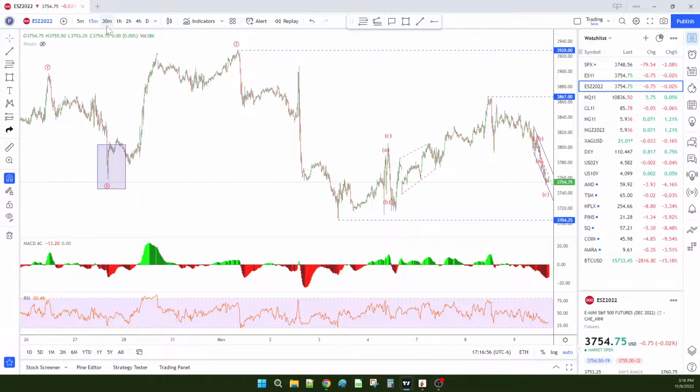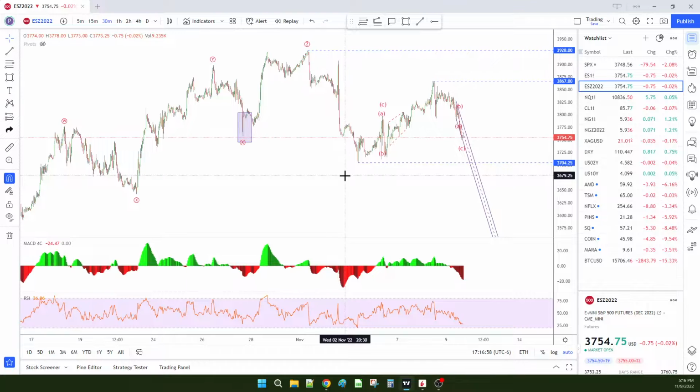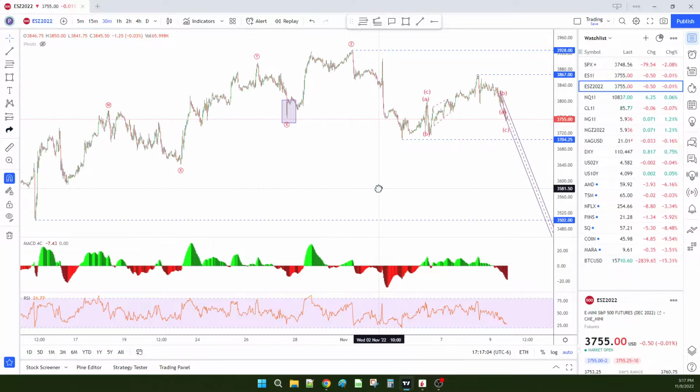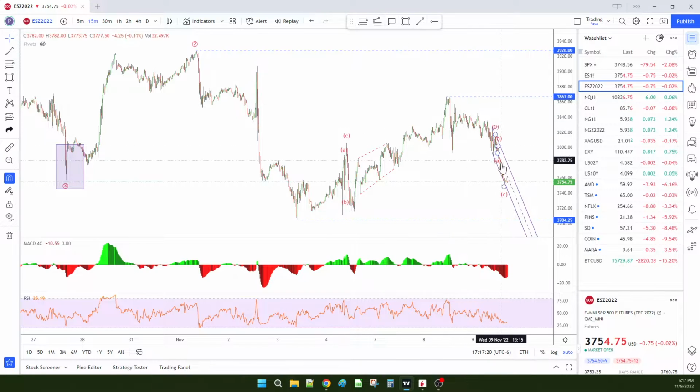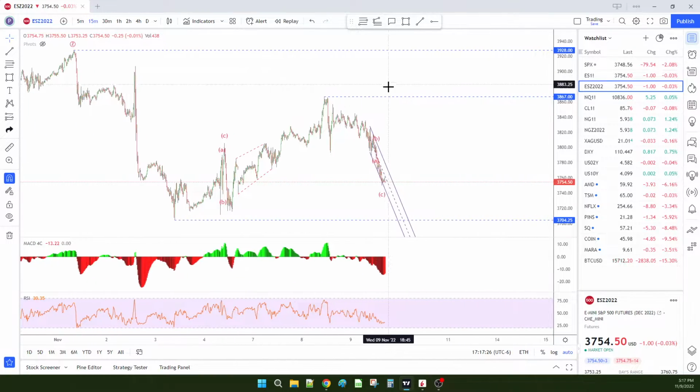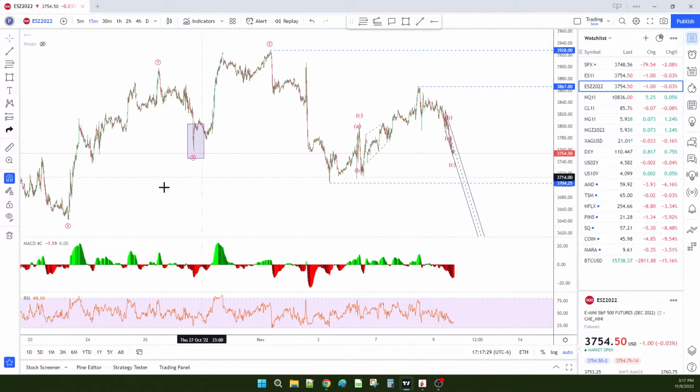So we got one of two things that's going to happen. Well, at least two. For the bulls, they're going to look at this as a leading diagonal. So 1, 2, 3, 4, 5, followed by a 3-wave correction. And now we've got 1, 2, 3, and this whole move down will be like a 1, 2, 3, and then we're going up for another 3. So it would be like an ending diagonal. So you'd have 5, 3, and 5 going up. That's for the bull case.